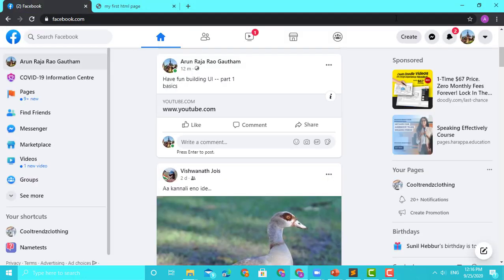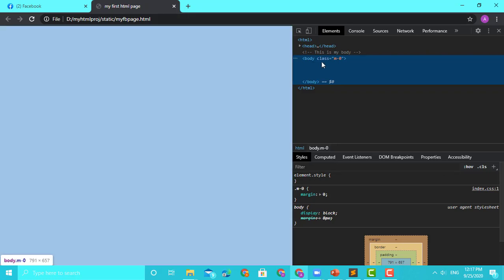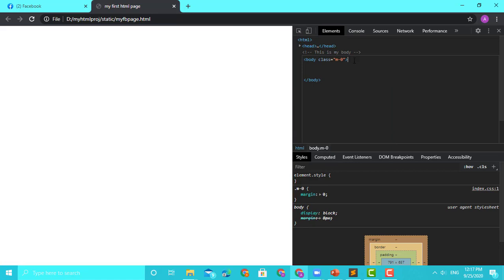Okay, now we will see what the Facebook page is. I would divide the Facebook page into two: the nav bar, and the rest of the page into one, and within that I will put three children, 1, 2, 3. So let's do it that way, so that it is easier for us to manage. So I'll go back here. Either I can edit it here or I can do the changes in the file, save it and come back. Okay, so I will put a div here.